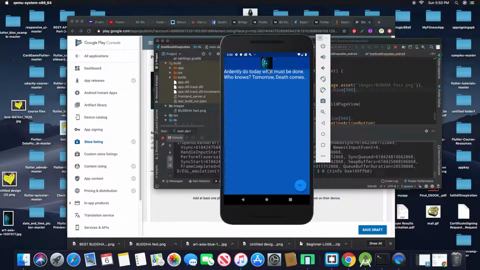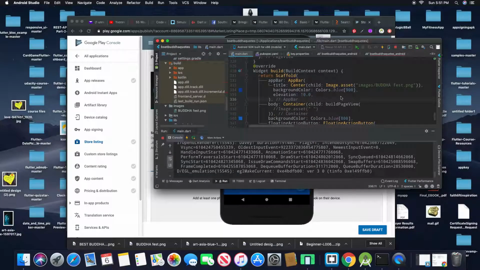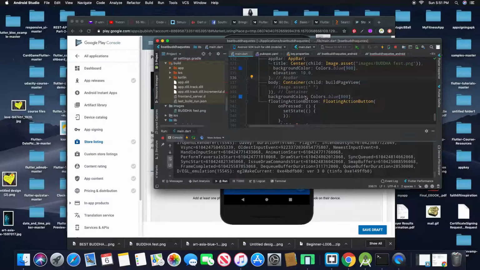This is our app and this is the output. This is our image that we have just added. So we can still do more again, like trying